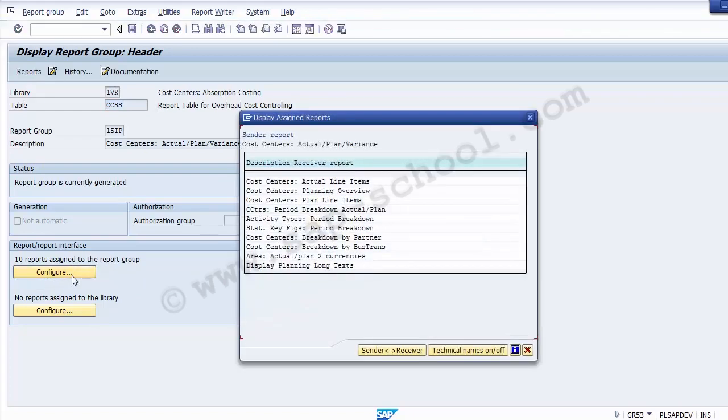So once you click onto the configuration part, it shows you what are those 10 different reports existing in this particular group. So these are the standard different reports which have been provided within the group by the SAP system. They are cost center actual line items, planning overview, plan line items, period breakdown, and all such reports are